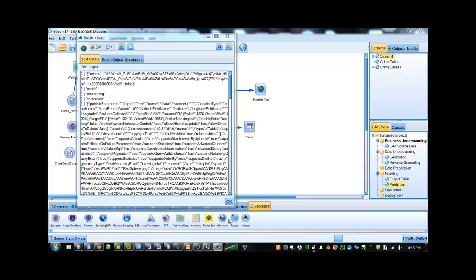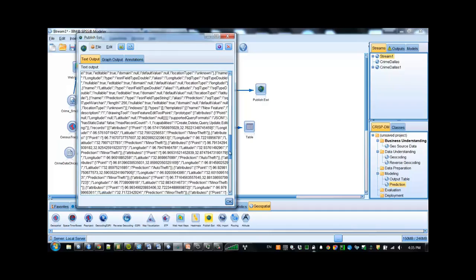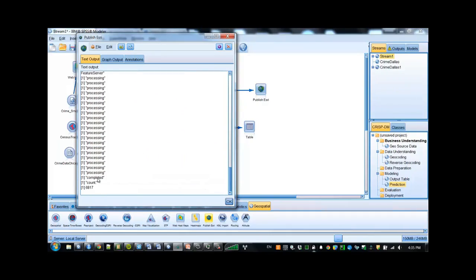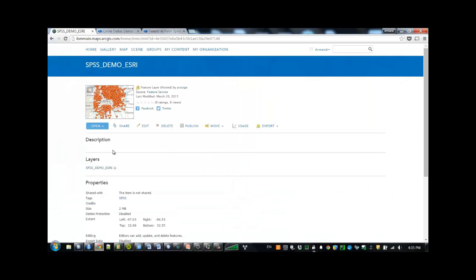When the process is over, I can see an output telling me how the publish of the service went, and I can see the service is processing for some time, but at the end it's completed, and it's telling me the number of records pushed into ArcGIS Online. So if I come back into ArcGIS Online, I see the process of publishing my feature map is over, and I can see already the points here. So if I click open,